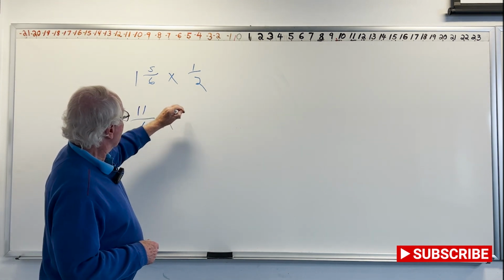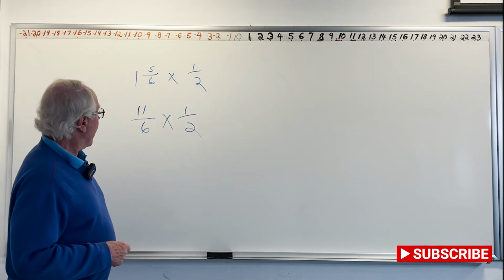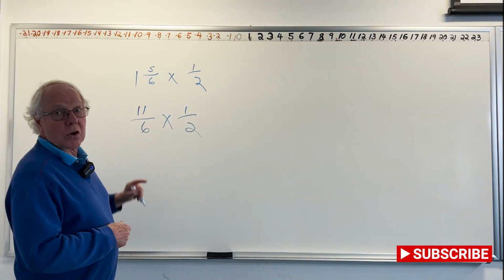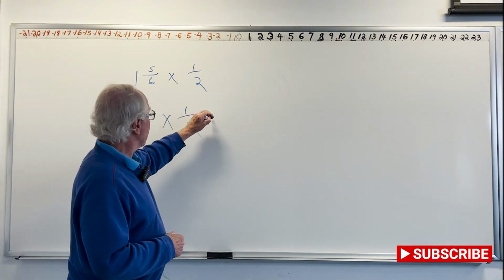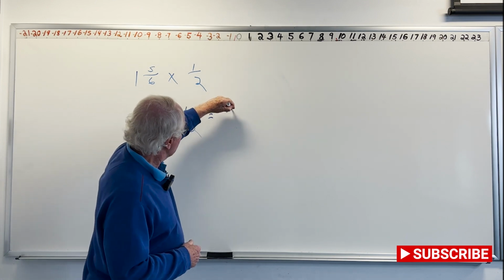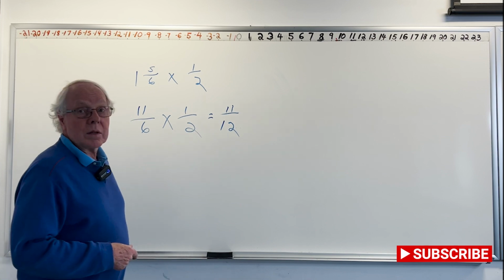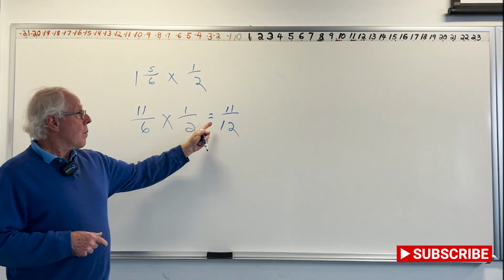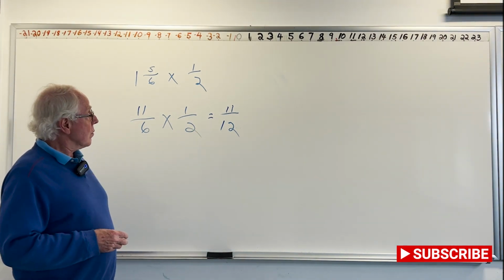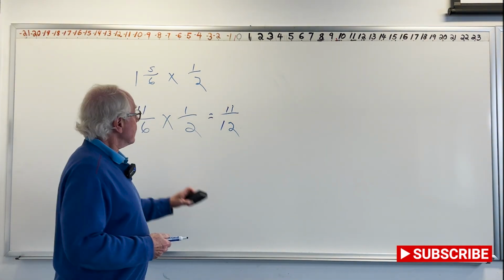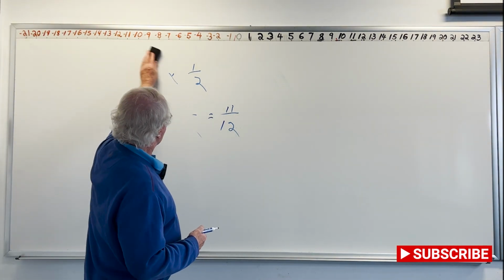11/6 times 1/2. Here we didn't get a break. There's no canceling. 2 doesn't go into 11. So we're just going to multiply. 11 times 1 is 11. 2 times 6 is 12. Here it's not even an improper fraction. It's just a regular fraction. And we're done. 11/12. Okay? That brings us up to